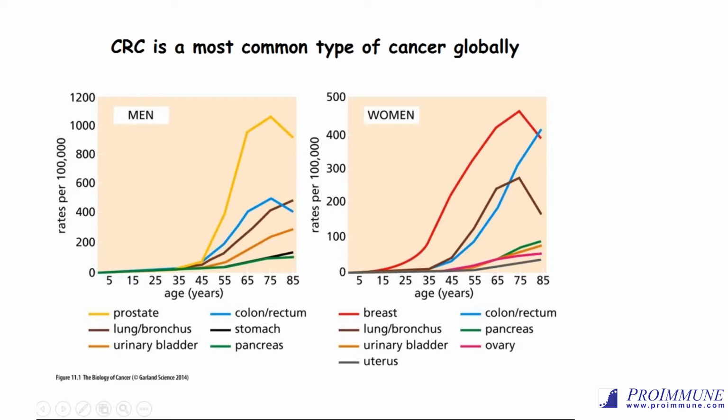So we know that increased epithelial proliferation is beneficial in terms of inflammation, but we also know that uncontrolled epithelial proliferation could lead to cancer in the gut, which is colorectal cancer. A little bit of information about colorectal cancer: this cancer is the most frequently identified cancer in both men and women. It is the number 2 cancer in men and number 3 cancer in women worldwide. And in Singapore, it is the number 1 cancer in both men and women.